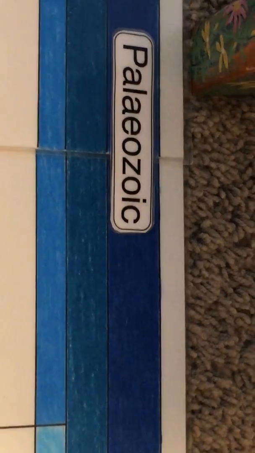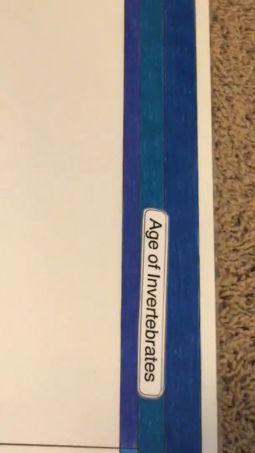And within the Paleozoic, please notice this second bar. Watch the color. Watching the colors, they change to a darker blue, and they change to a lighter blue. All right, coming back. So this first age is the age of invertebrates. And when we see the color change here,